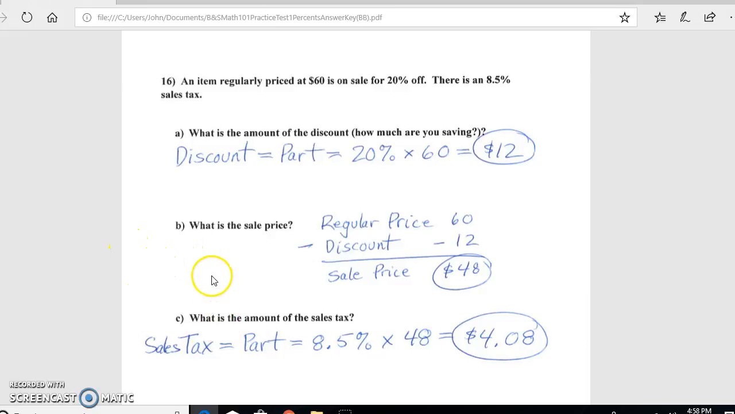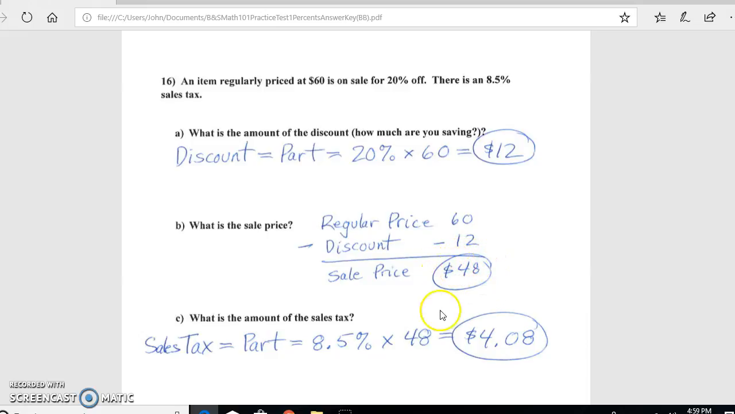And then on letter C, we are asked, what is the amount of sales tax? We're told that there is an 8.5% sales tax. And so the sales tax is 8.5% of the cost of the item. Now the cost is the sale price, $48. So we're looking for